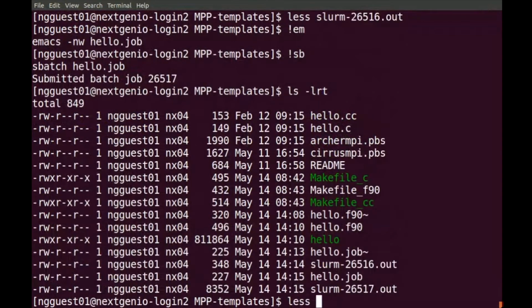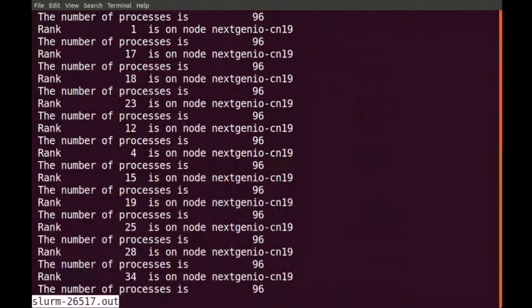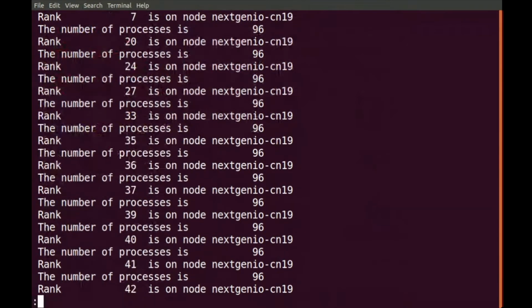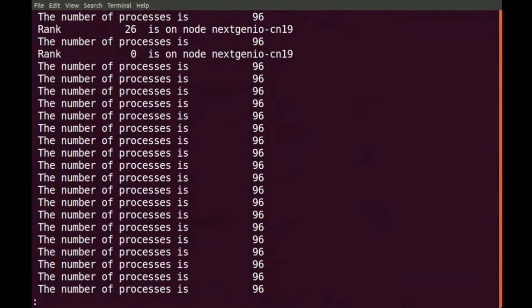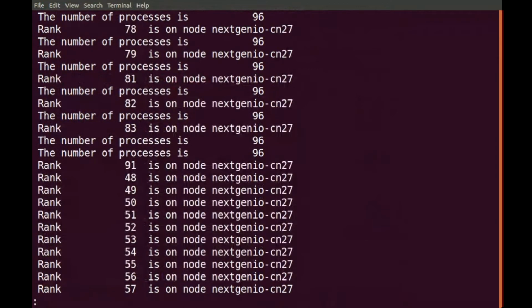It's run very quickly, and if we look at slurm 25617.out, you will see that the low numbered ranks 0 to 47 will be on CN19, but the higher numbered ranks somewhere there, CN27. Okay, so you see rank 90. You can see that we've got different nodes. You can't see my cursor, which is a bit weird, but you can see that we run on more than 1 node. For example, if I grep